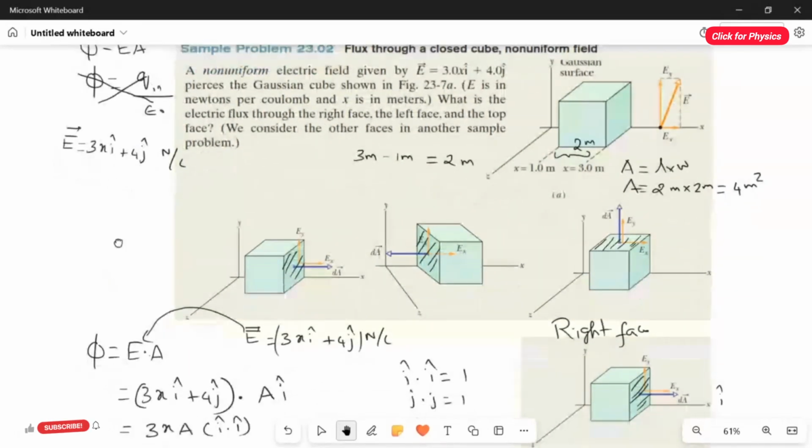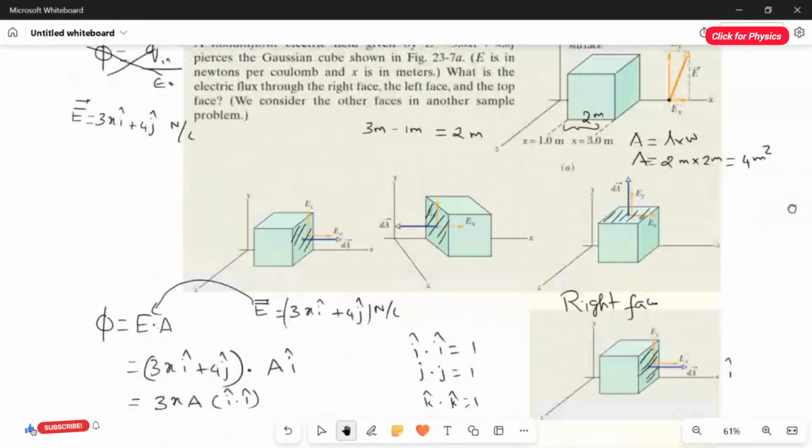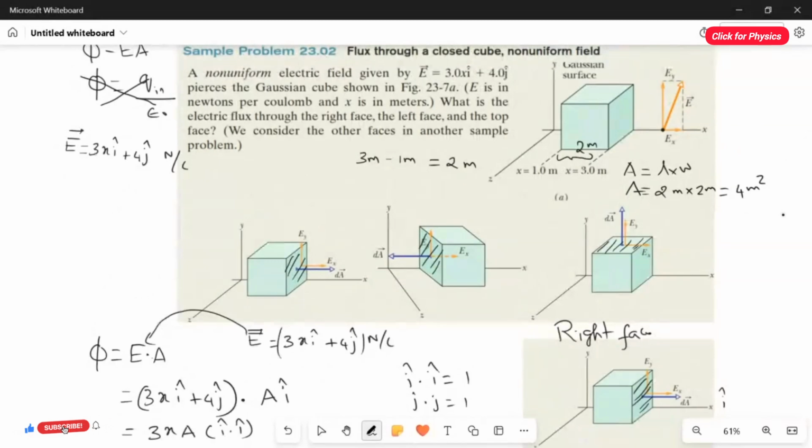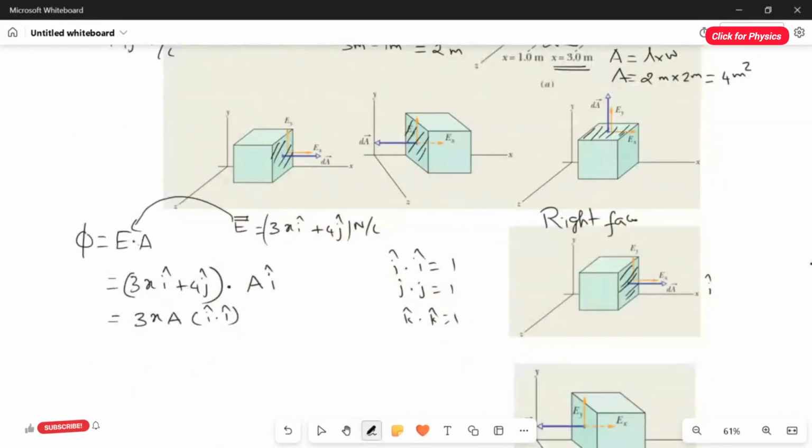Now let's substitute the value. And also the most important thing, we consider only the right face of the Gaussian cube. So what is the corner value of this Gaussian cube? You can see here the value of x is 3 meter. So I have to substitute the value of x here. This is the right face, where x is equal to 3 meter. So I have to substitute 3 here: 3 multiplied with 3 for x, the area is 4 meter square, and I dot I becomes 1,